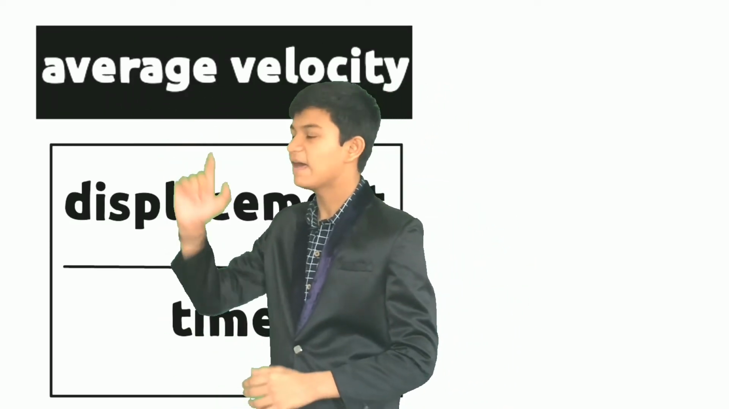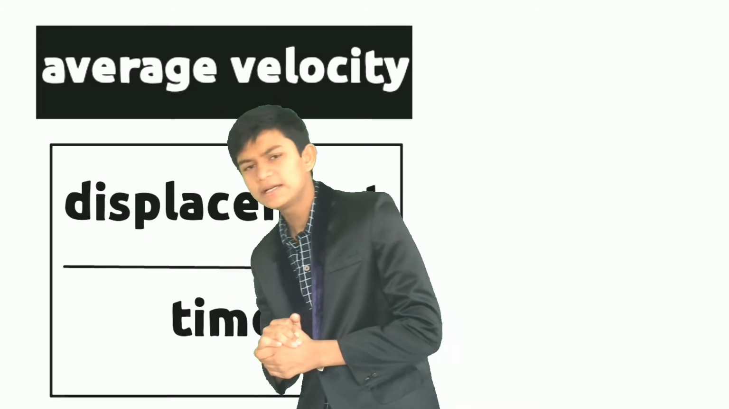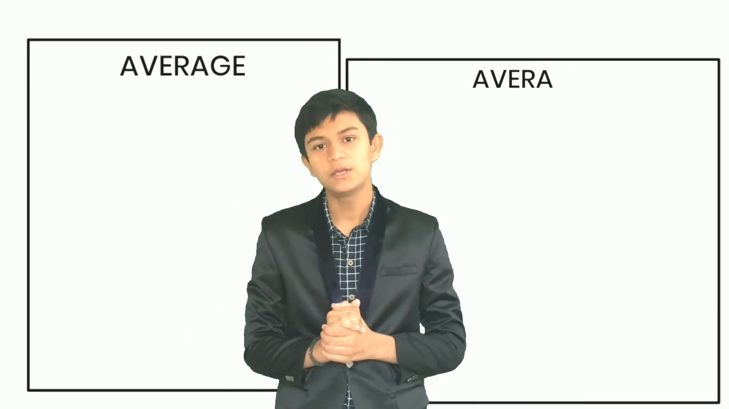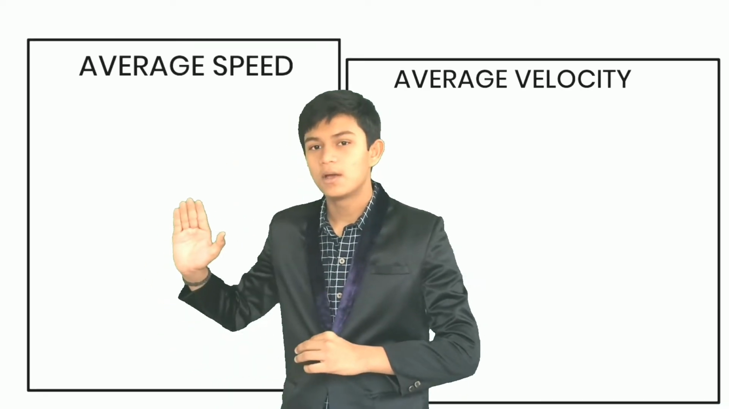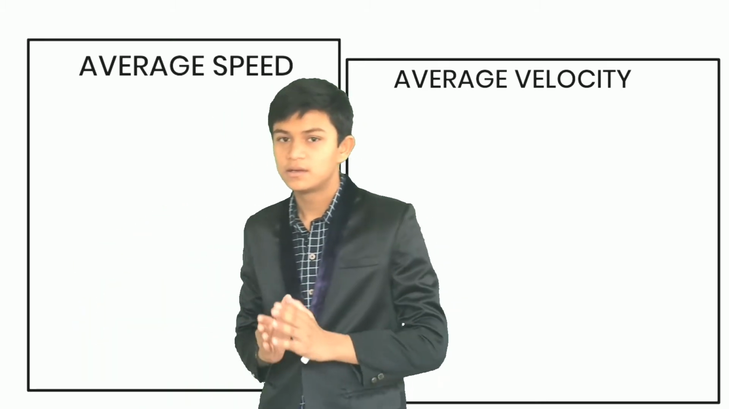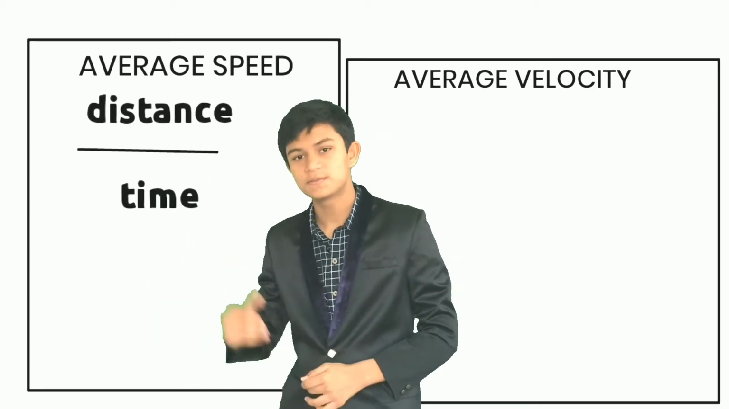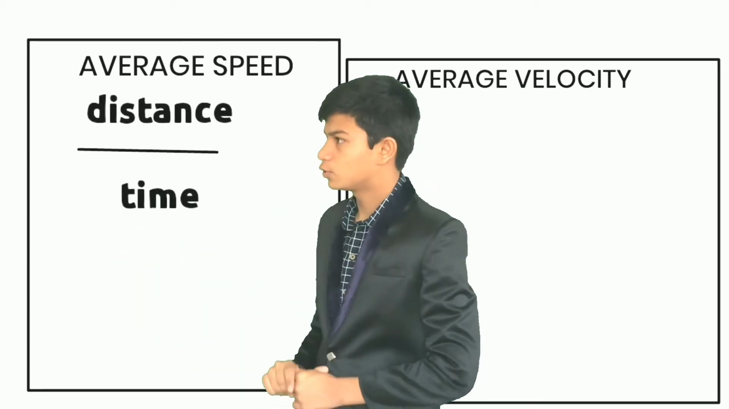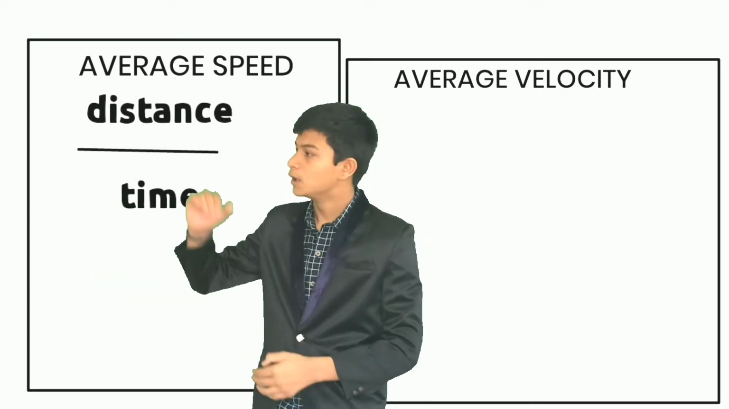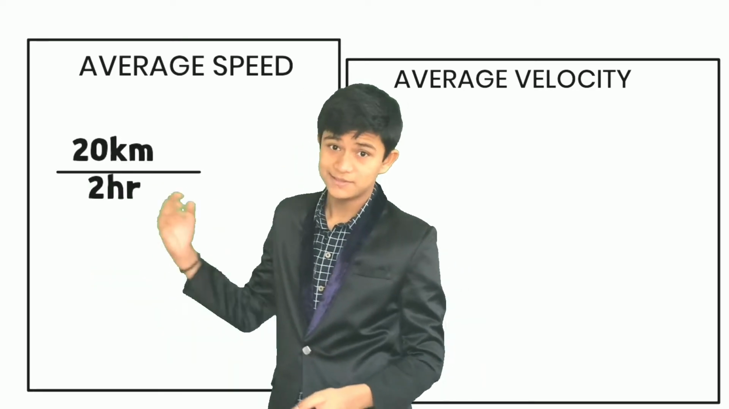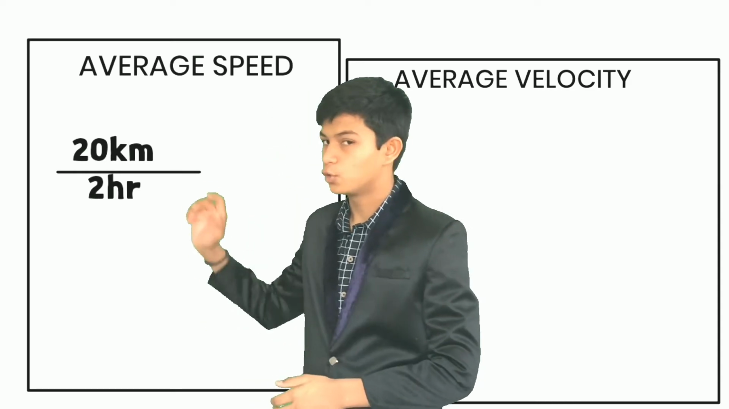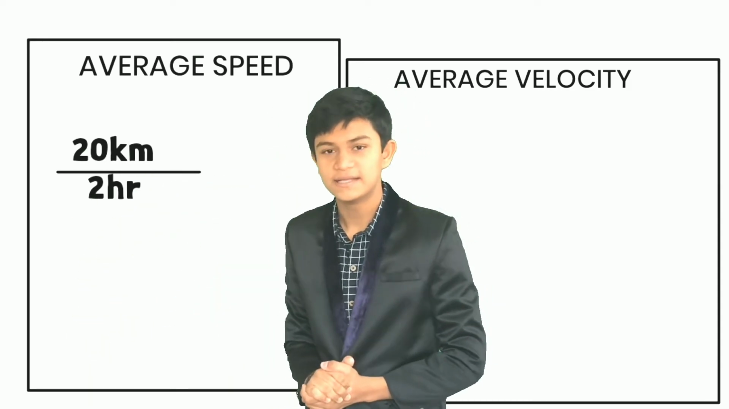Now the other concept that comes to mind is average velocity. Now let us find the average speed and average velocity. While finding this, I want to tell you that average speed has a formula, that is total distance by total time. So the total distance, let me take 20 kilometers, and the time taken is 2 hours. So we have the answer: